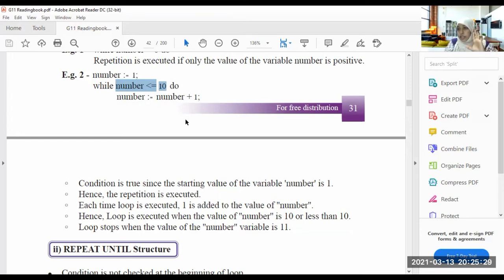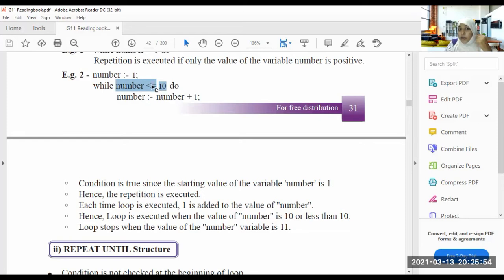I am starting with the number 1. So 1 is less than or equal to 10. Okay, correct. So it goes here and adds another one. It becomes 2. Then 2 is less than or equal to 10. It is correct, right? Now again it is adding 1 here.